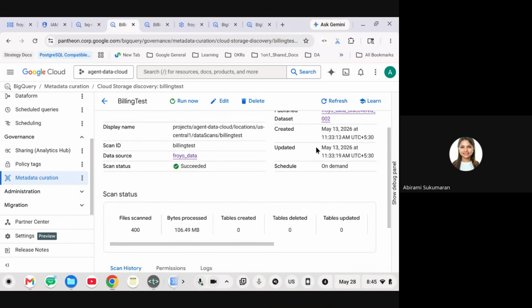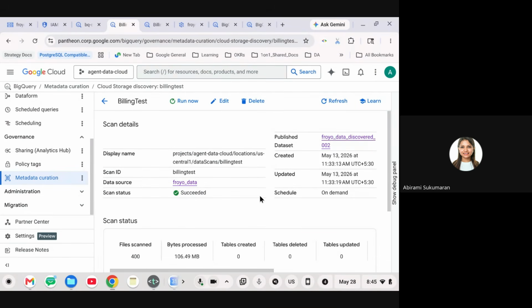This is where it actually has published the result of the scan. So why is the scan important? Because this is the job which actually goes through the details in your PDFs, not just for metadata, but also for semantic inference, because you checked that checkbox. Without that checkbox, it won't enable semantic inference. It'll do bare minimum metadata inferencing, which is something pre-2026, I would say.